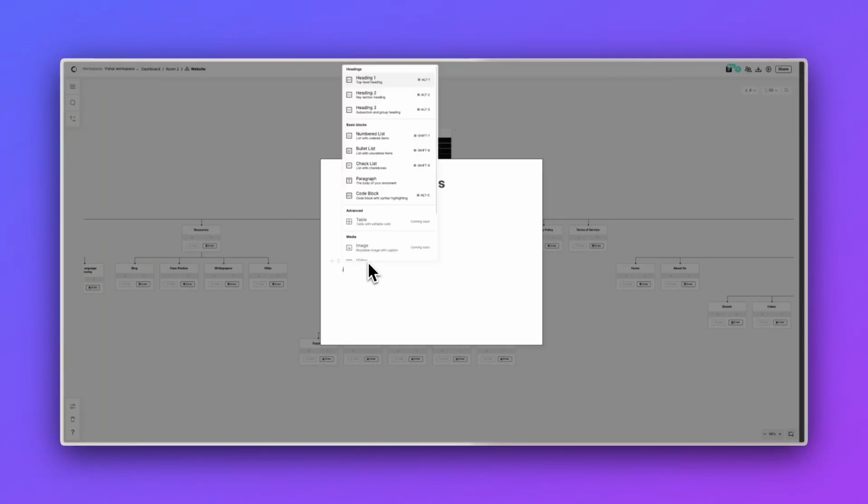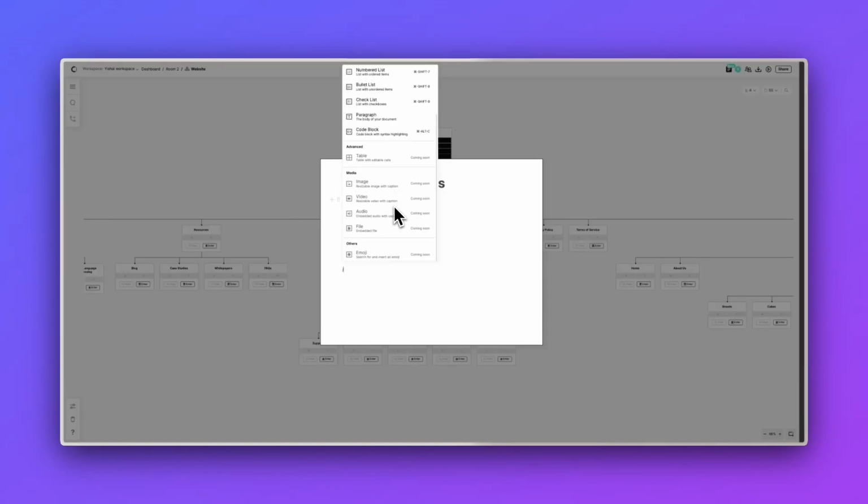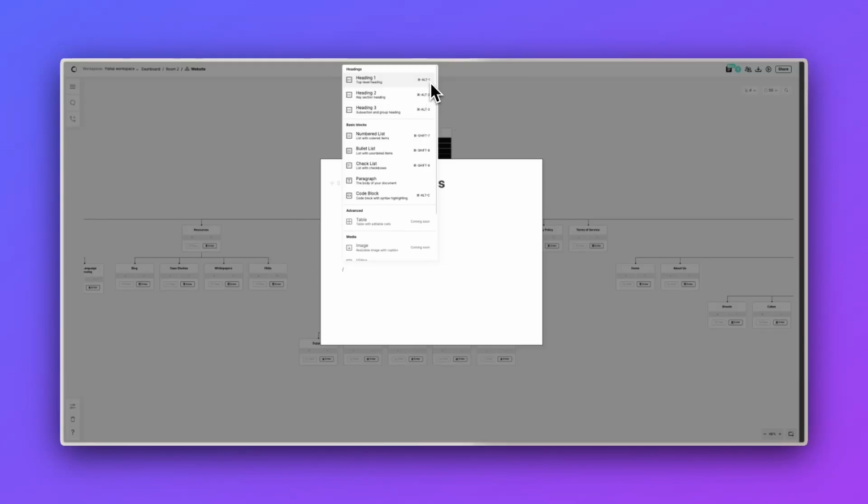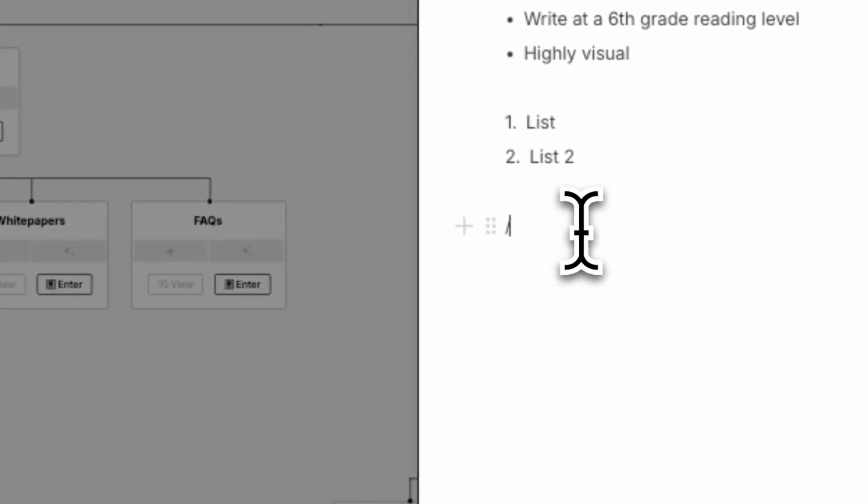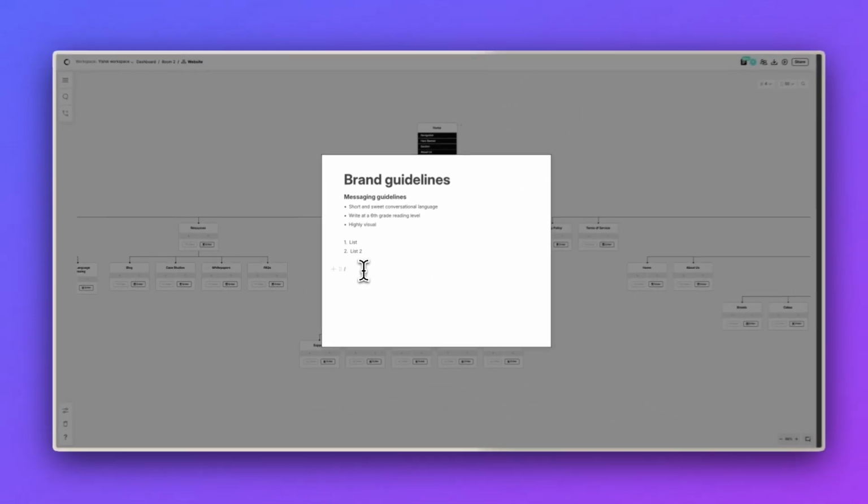You just press slash and you can add any of these sections: headings, numbered list, bullet list, and coming soon, table, image, video, audio, embed a file, or use the emojis. And you can also see the shortcuts right here as well if you want to step even faster forward than using the slash command. So this is just a great way to, again, get everybody on the same page, launch